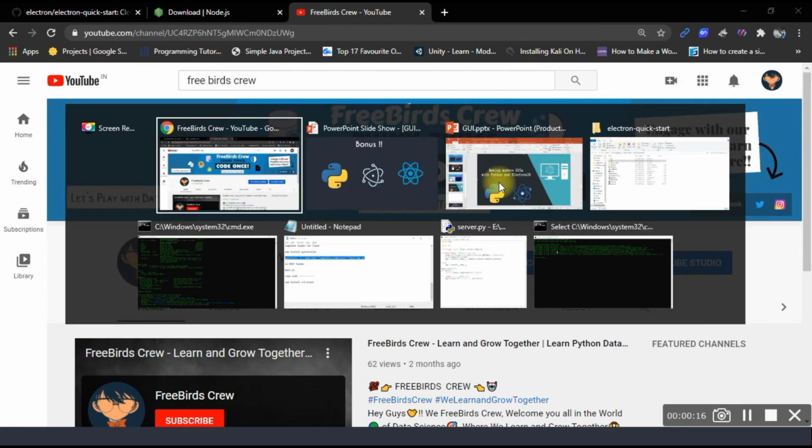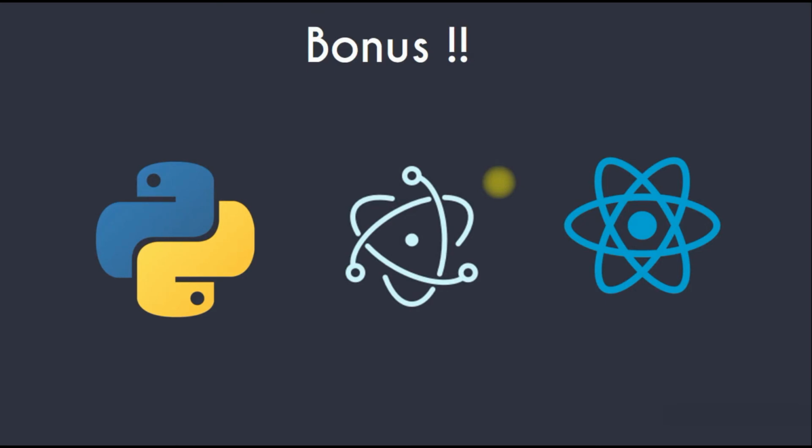And now it's time to show you the bonus part, because as you know, there is a need of an intermediary between JavaScript and Python. So if you are good at Python and also with JavaScript or any kind of web development, you can use PHP with it, you can use JavaScript with it, you can use anything with it.